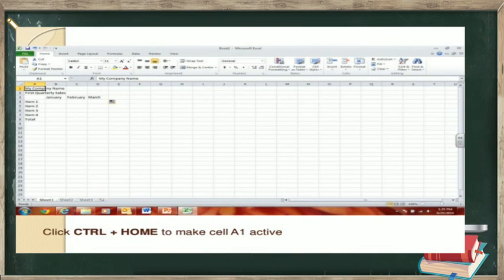After that, now if you want to add on a table, if you are doing a calculation of the turnover of any type of company, you can name that company here. After that, use Control plus Home to make cell 1 active.